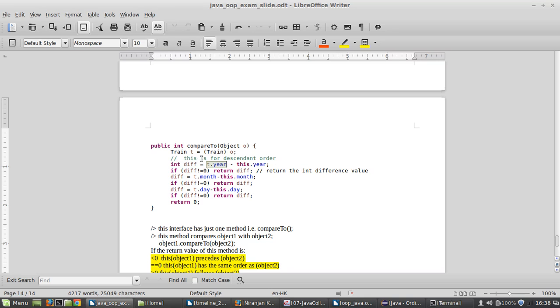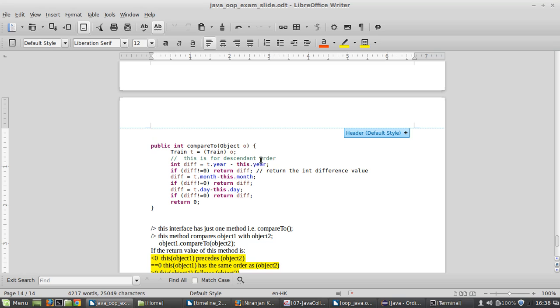I have created a new train object, and then I check the difference of the year of this particular train object and the year of this other object, of whichever class this object is,